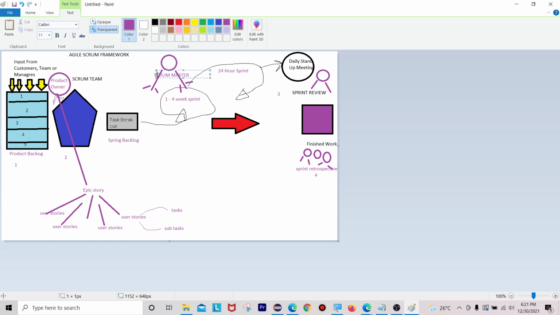The scrum team means developers, testers, or any of your managers or someone. Those are all under the scrum team.